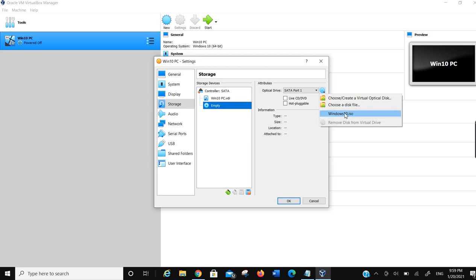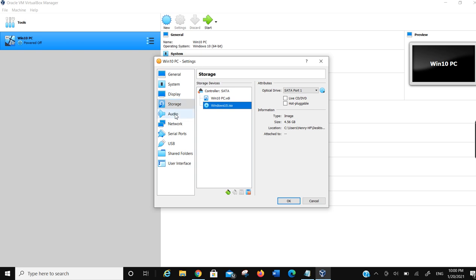It is showing here because I already downloaded VirtualBox before, so I just removed the software to show you how to install it and create your virtual PC. But the Windows 10 ISO was already recognized by VirtualBox before. So in this case, we're gonna choose Windows 10 ISO. It is set,